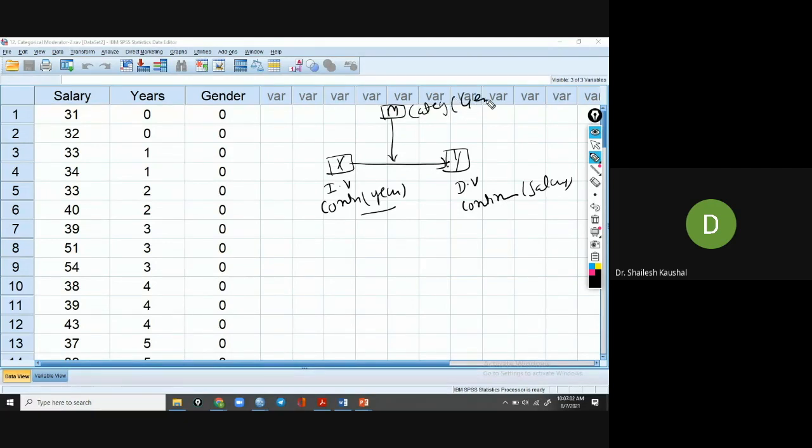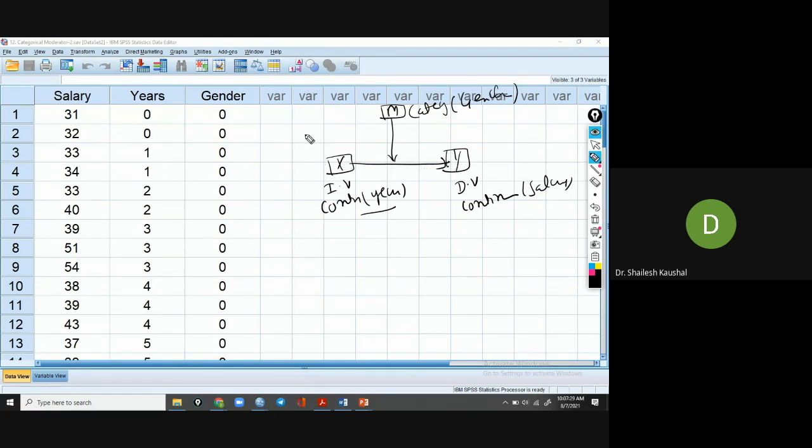There are two types of situation: one is moderation, where the moderator variable influences the relationship between the dependent and independent variable, and the other where the moderator variable does not influence the relationship or strength between the independent and dependent variable.